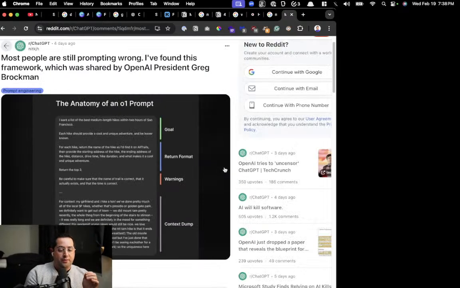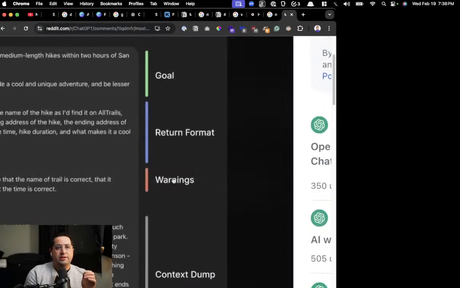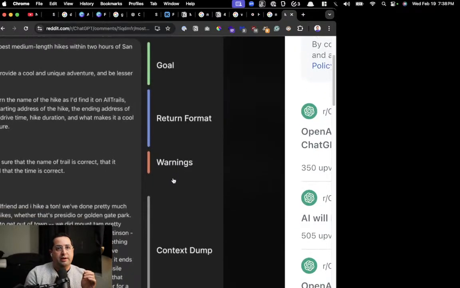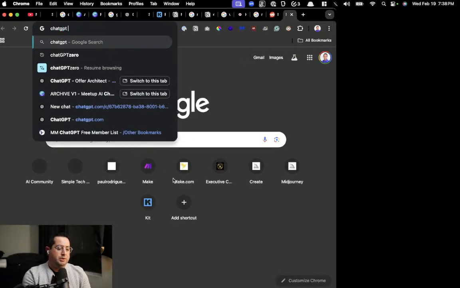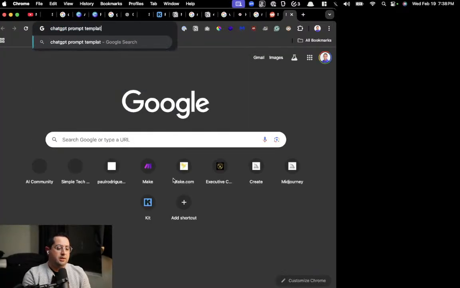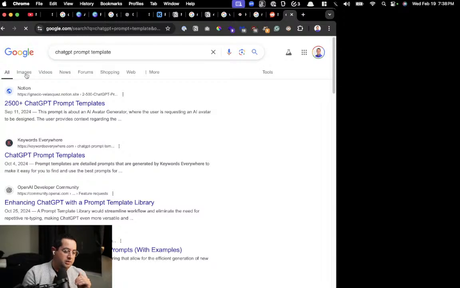So those are the 4 elements. This is just ChatGPT 101 kind of thing, like 4 elements. Most people just give it very, very basic kind of stuff. You need to give the large language model a ton of information in order for it to give you a really good output. The last one, ChatGPT prompt, for the super beginner framework,